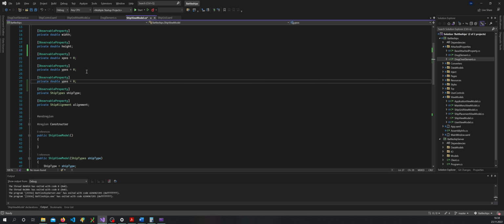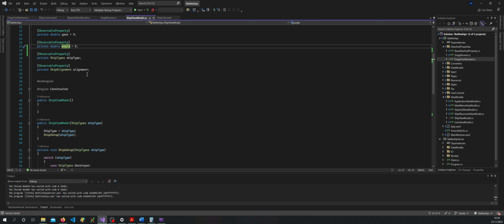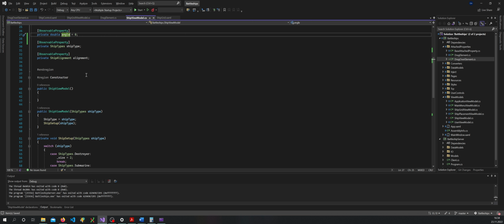Let's copy paste. Let's go angle. We'll set it to 0 on default, and then